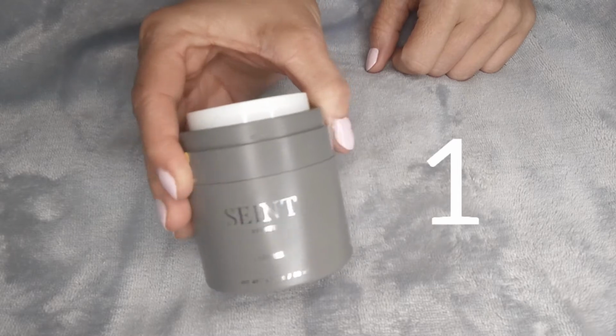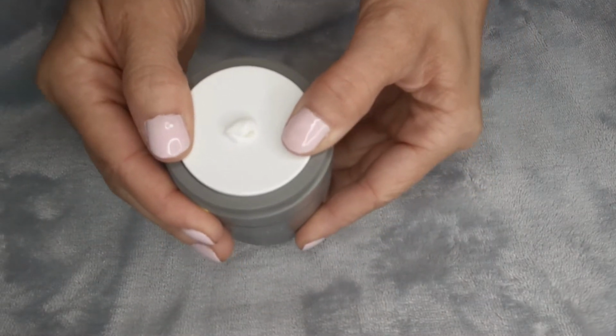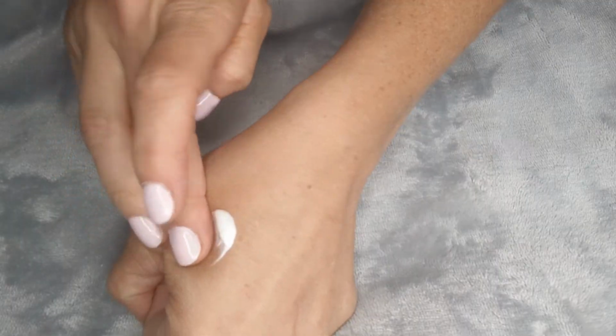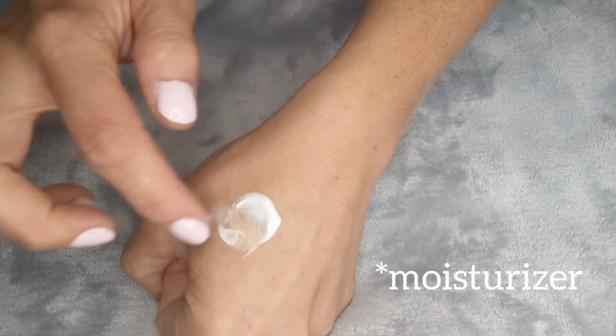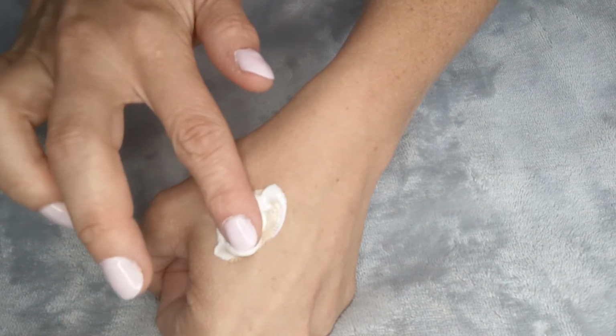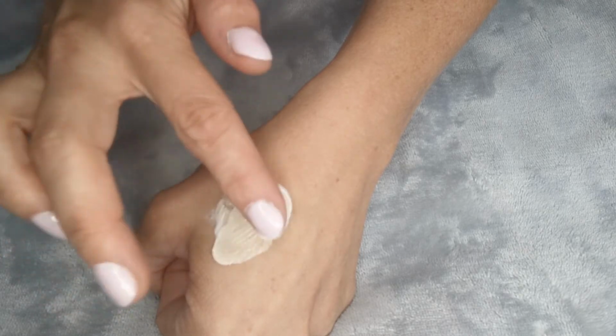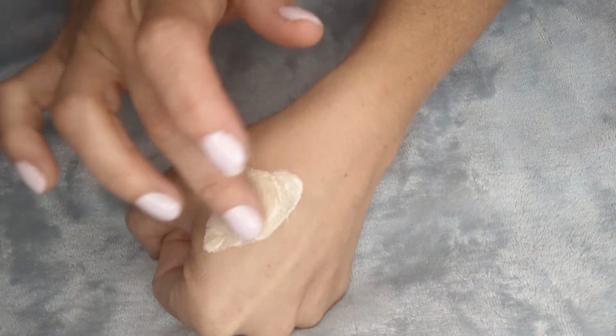The first way I'm going to use the foundation is to create a BB cream. You'll need your own face cream, and then you add some of that foundation color to your face cream. Depending on how pigmented you want the BB cream to be, you can add as much foundation or as little foundation as you'd like. That's the beauty about creating your own BB cream, is you can create more coverage or